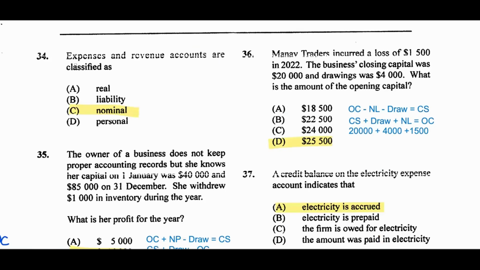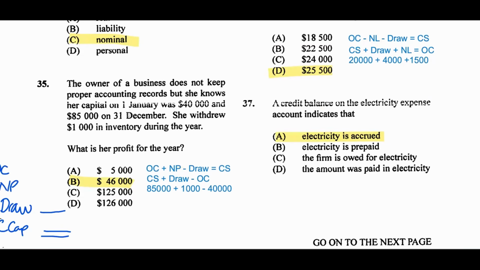Moving on to question 34. Expenses and revenue accounts are classified as, well, we all know this, nominal accounts. Good. Question 35. The owner of a business does not keep proper accounting records, but she knows that capital on